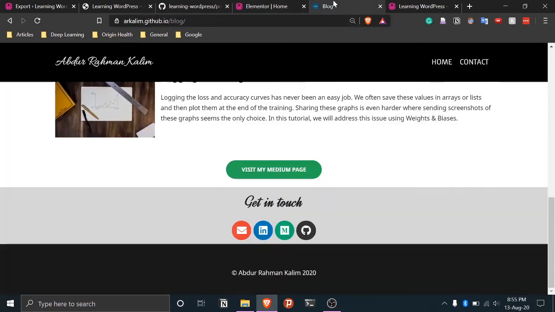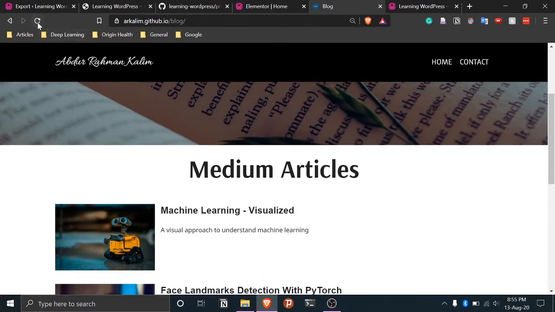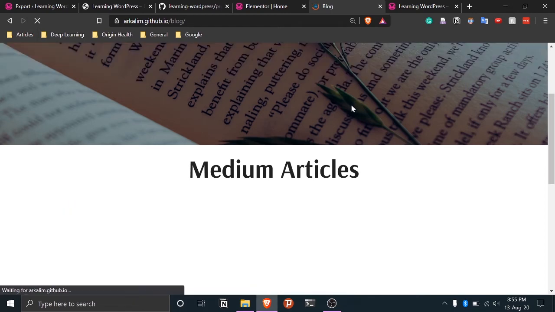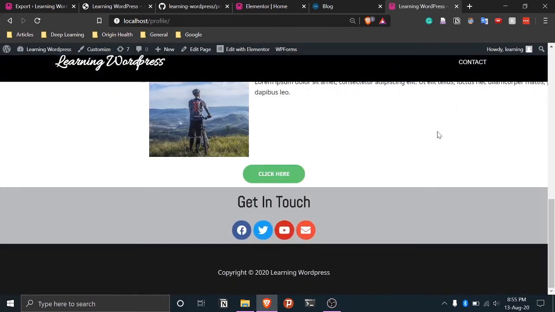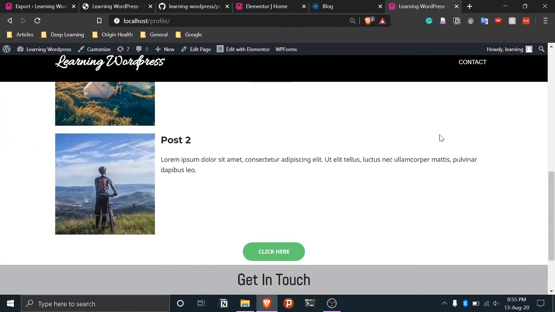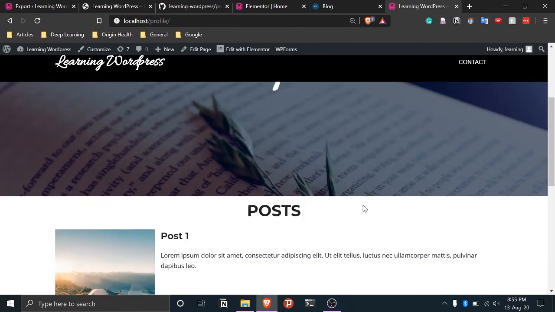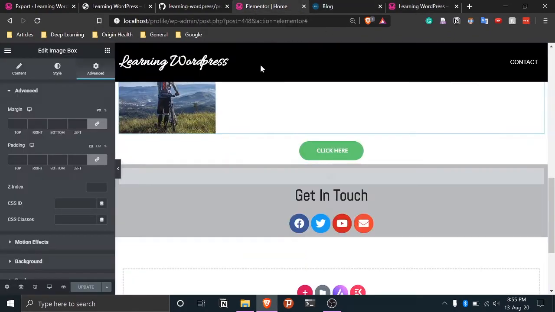We'll do update. We go to our blog and we restart it. Sorry, this is my blog. I'll go to this page, the profile that we created, and if we reload the page, we can see now this is fine, right? If you need some space here, you can go ahead and add the padding.